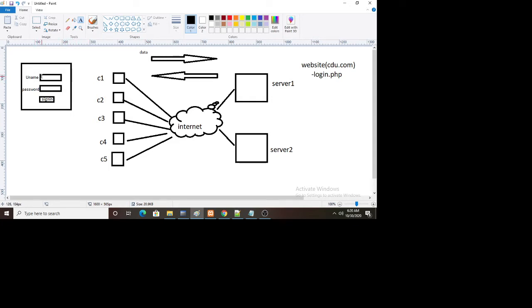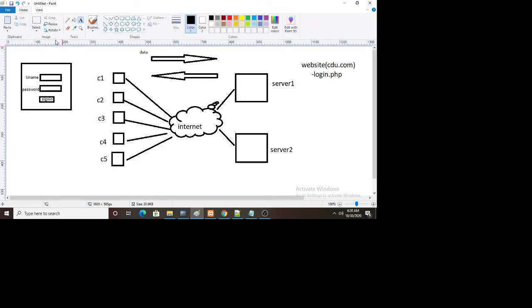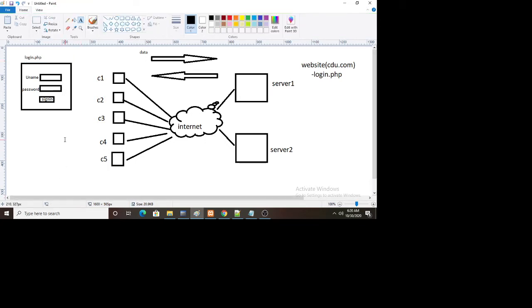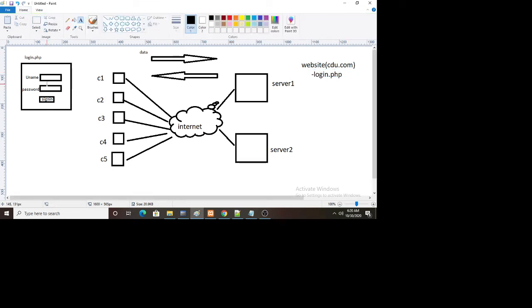Here the username and password are entered in this system. This is in your client-side login page. Now if you observe, this is your login page. This login page is being accessed in the client system, but actually it is located in the server system. When a user enters the username and password and clicks sign in, this username